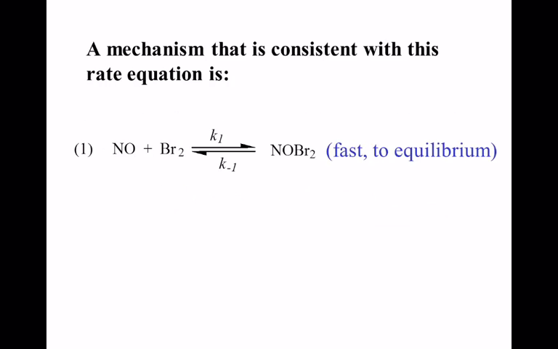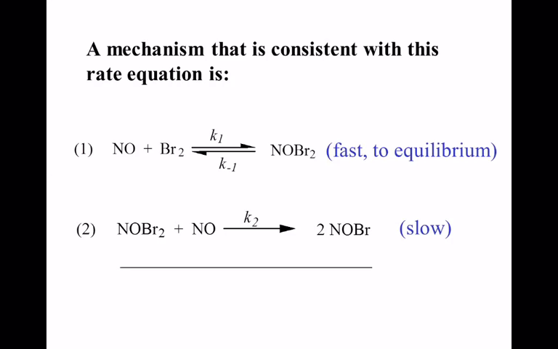All right, so like I said, you'll probably be given the proposed mechanism, and we need to prove that it's right or wrong, but hopefully right. So the first elementary step is fast. The second elementary step is slow. If we add these two together in combined terms, you are going to get your 2NO plus Br2 goes to form